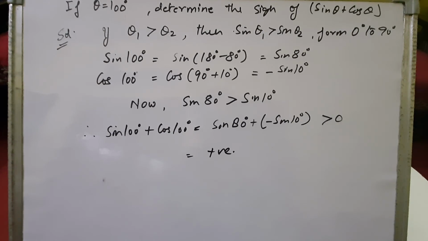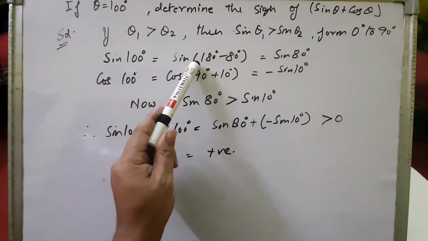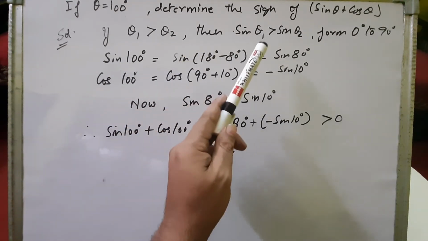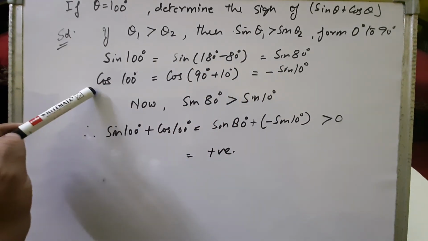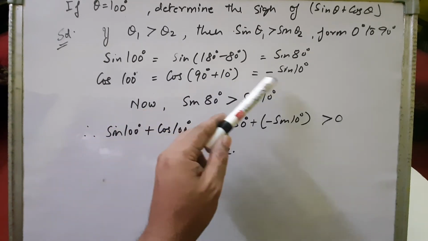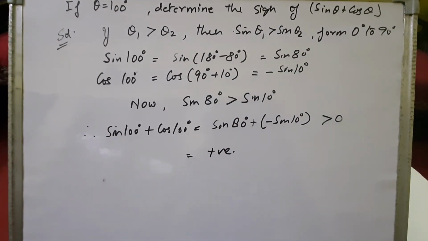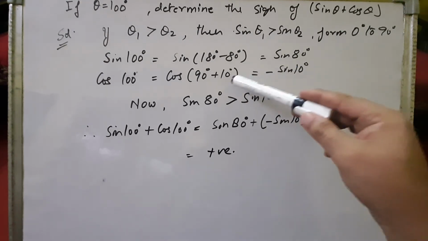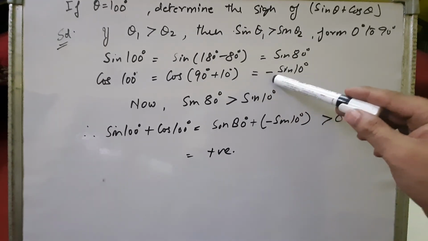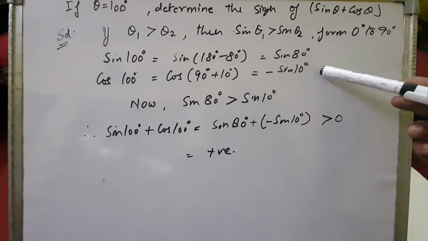Right? So if we calculate the value of sine 100 degree, then we can write sine 100 as sine 180 minus 80. Sine 180 minus theta is sine theta, so we get sine 80. If we find the value of cos 100, we can convert 100 as 90 plus 10. So cos 90 plus theta is minus sine theta. In 90, cos will change into sine. And because you are adding something to 90, the angle will come in the second quadrant, and in the second quadrant cos is negative. So it will be minus sine 10 degree. Right? And we know that sine 10 is lesser than sine 80. That means this angle is greater, this angle is lesser.